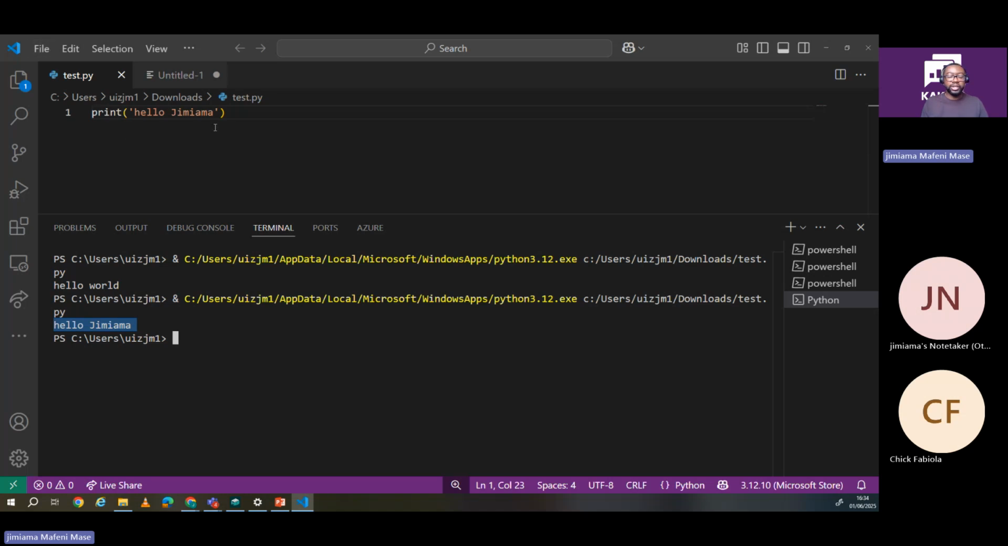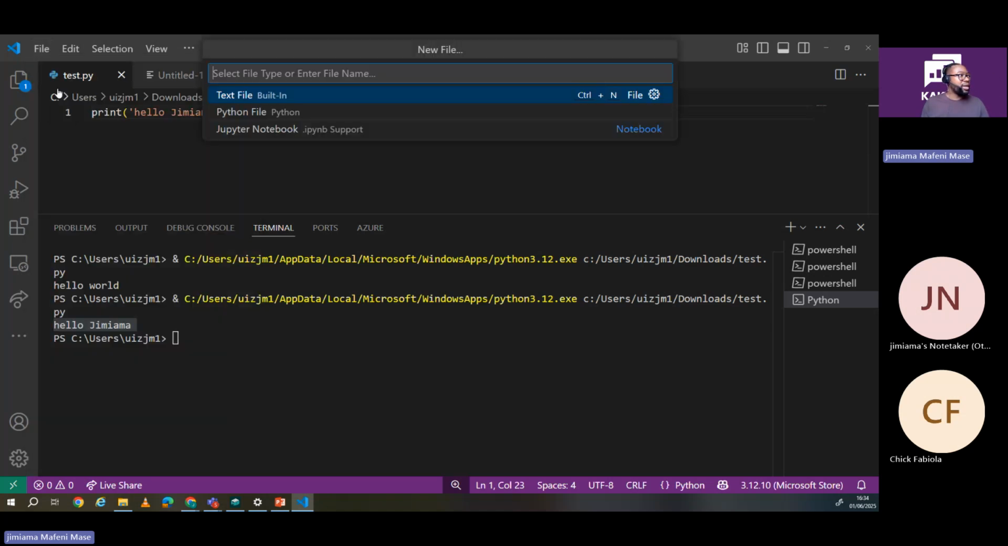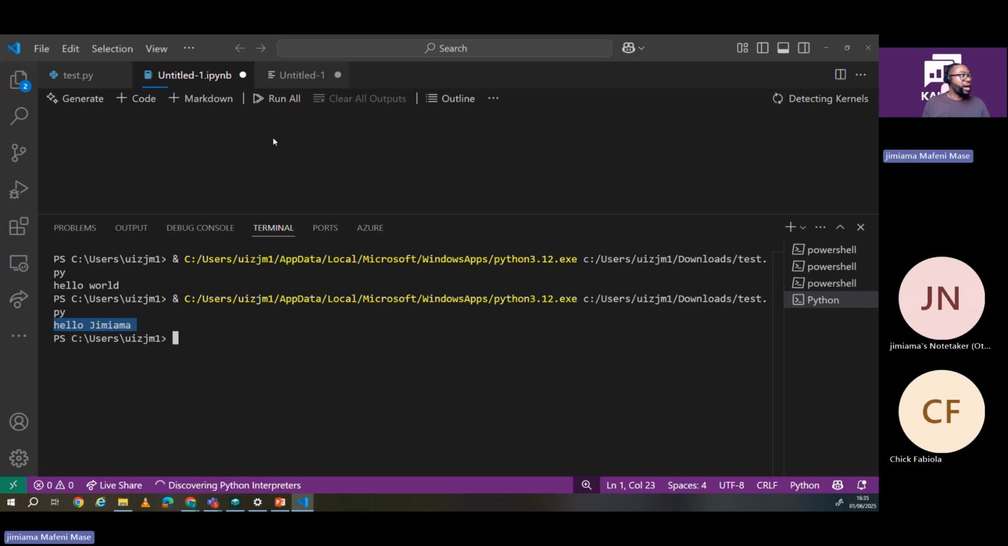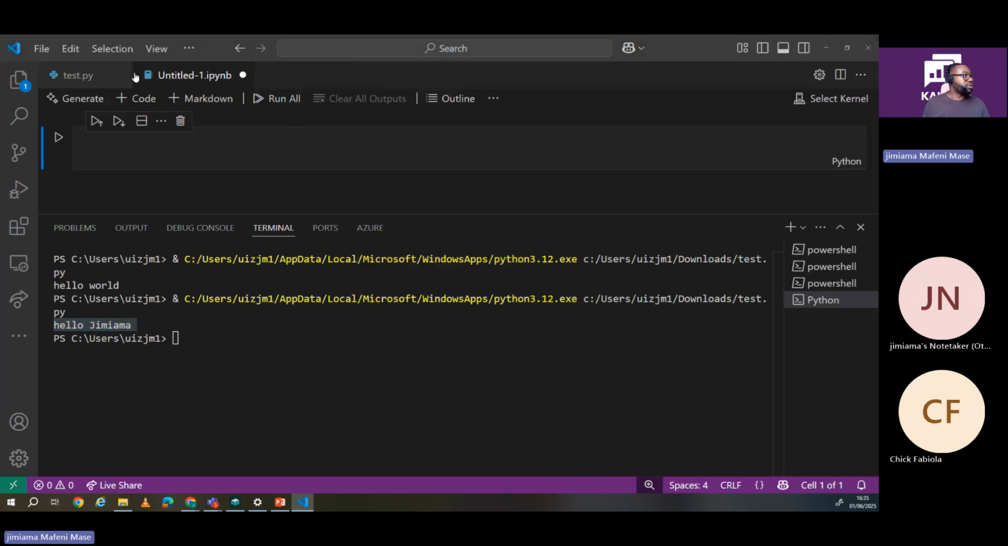Secondly, I've tested Python and I know Python is successfully installed. So I go again back to the file in the top left corner and I click on new file. Now I want to test if my Jupyter notebook has been successfully installed. So you have the text file, the Python file, and you have the Jupyter notebook. If I click on the Jupyter notebook, I'm going to see something like this. So do not save. I'm going to close this test.py, and now I have my